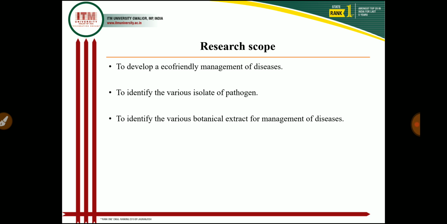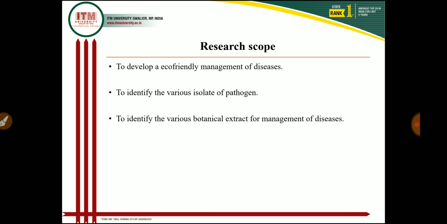In this you search for the best strain of Trichoderma and Pseudomonas for controlling fungal as well as bacterial pathogens. You can also perform research such as survey and screening of gram diseases in the Chambal region, and after surveying you collect samples from different areas of the Chambal near Gwalior, and you isolate these samples in the lab, and you suggest which isolate is the most virulent for causing disease in the particular region